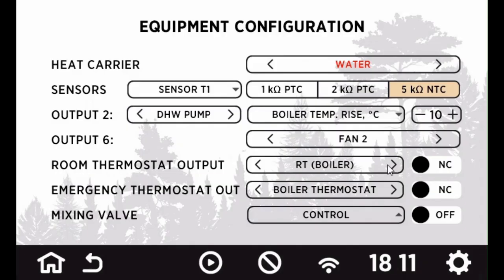Additionally, you can configure what the room thermostat will control and what the STB output will control. And we have such an emergency output. By default, it is a boiler thermostat that provides additional monitoring for overheating. That is, if, for example, the boiler temperature sensor falls out of place, this thermostat will stop the boiler's operation and